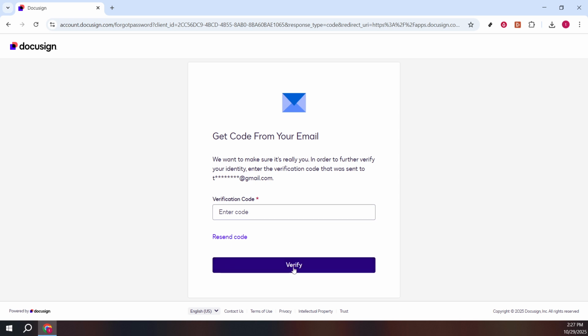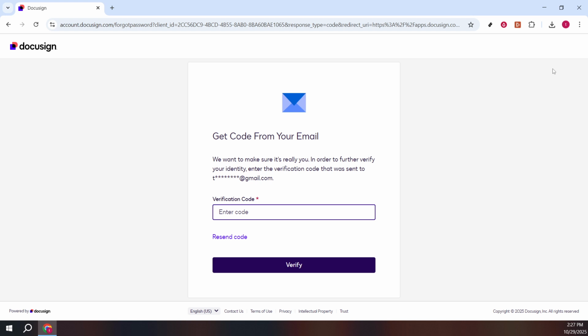Return to the DocuSign login page and you'll be prompted to enter the verification code. Do so carefully, as entering the incorrect code will prevent you from resetting your password successfully. If everything's done correctly, you can proceed to update your password and regain access to your account. However, if you continue to face issues or the above steps didn't lead to a successful login, there might be